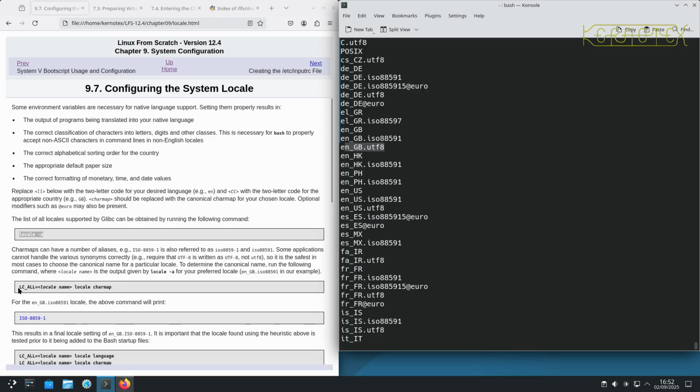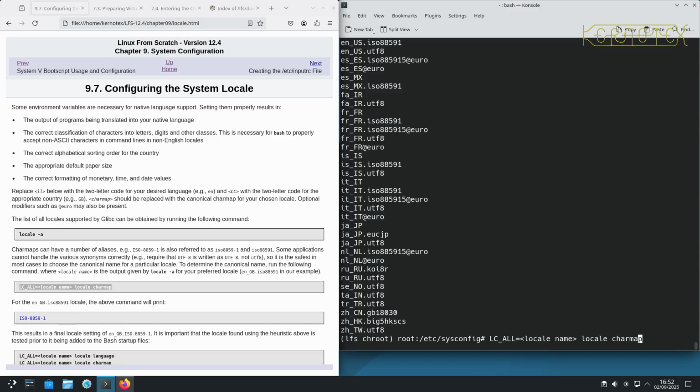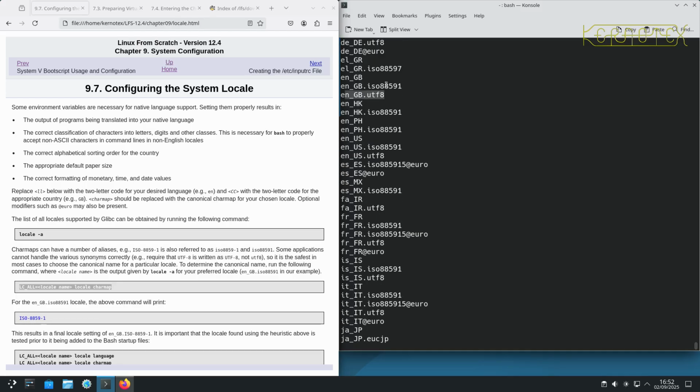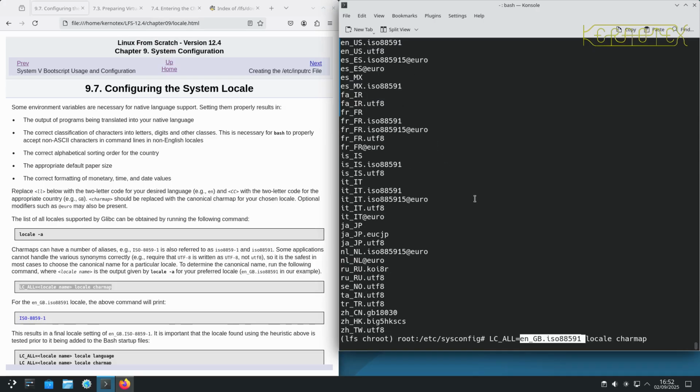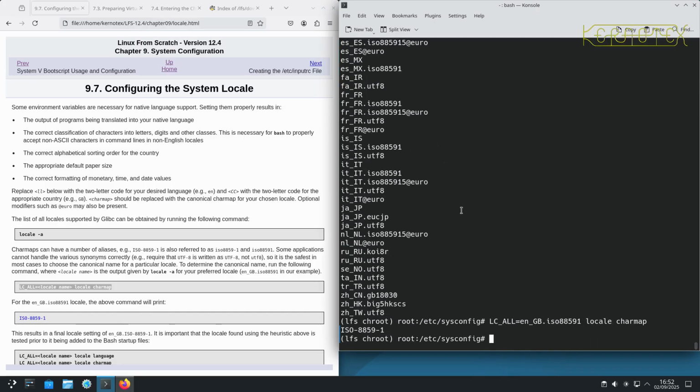And you can find out what the canonical name is by putting this command in here and inserting one of these locales in that place. So I would like to use this one by default, so I'll put that in there, and it responds